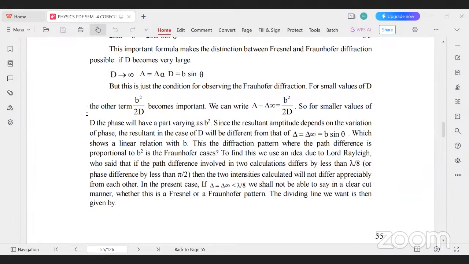Here are the conditions for observing Fraunhofer diffraction. For small values of D, the other term, b square by 2D, becomes important. We can write delta infinity equals b square by 2D. So for smaller values of D, the phase will have a part varying as b square. So here we are going to find the Fresnel and Fraunhofer patterns. The dividing line we want is then given by